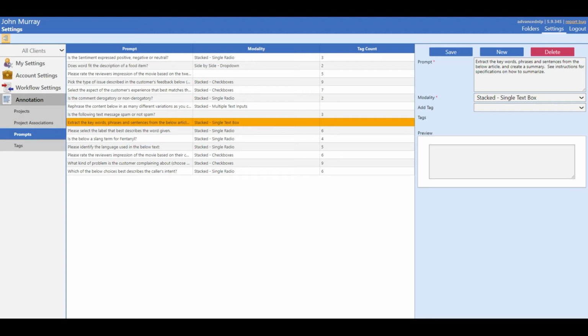Text summarization uses natural language processing to create a subset of the original body of text that represents the most important, or based on the objective of the project, the most relevant information within the original content. I've got a text summarization project set up in WebChartAI, and I'm going to quickly walk through the project setup